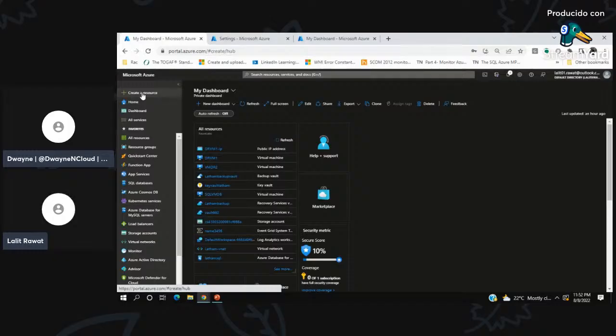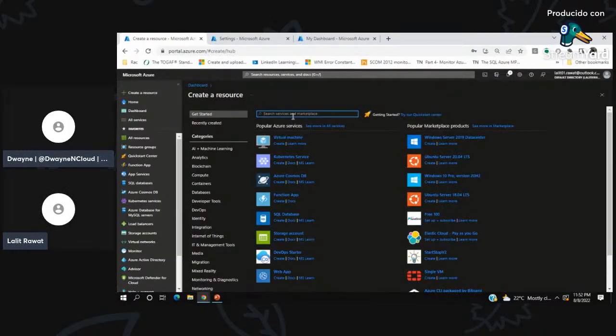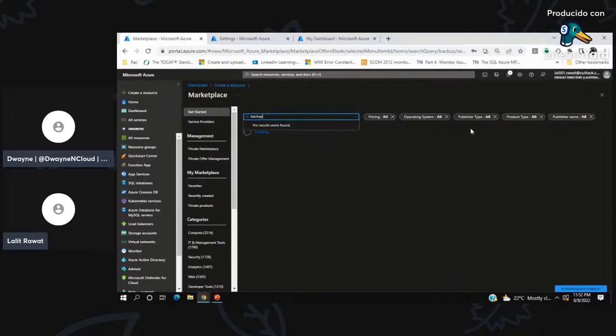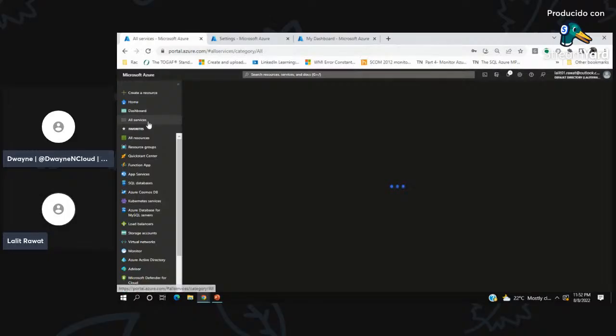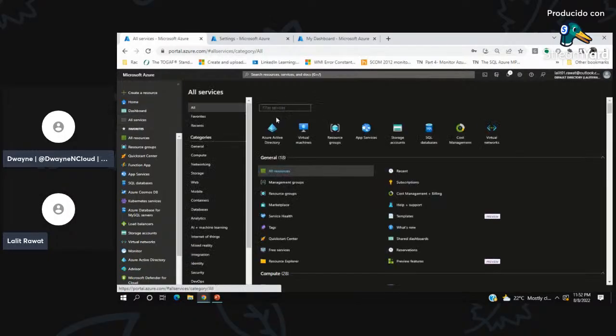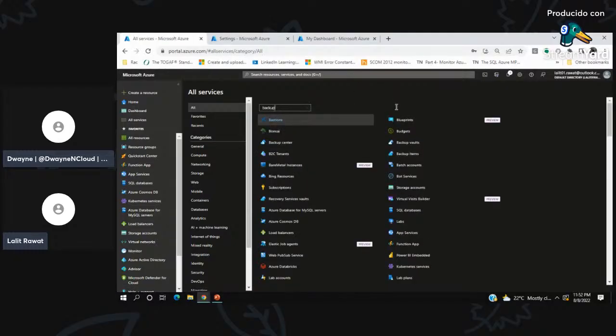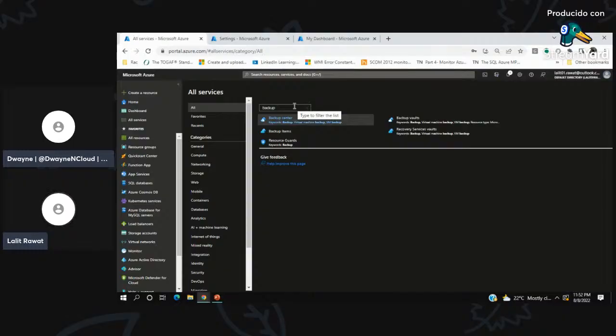If I click on create resource here and search for backup, wait, sorry, not that one. Now, if you can see here, there are multiple things, and we have the backup centers, which was recently launched. Then we have backup items, the backup vaults,